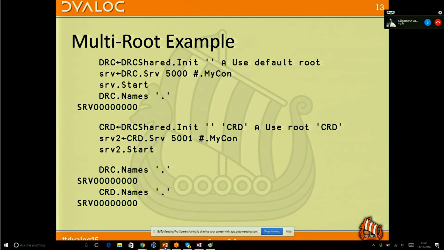And then you have these two namespaces, which are actually using the same copy of the DLL. The DLL is only loaded once, but you have isolation between the uses. So this one says, well, what names have I got defined? It's also got one called SRV000, but it's not the same one as up here. So you don't get name conflicts.